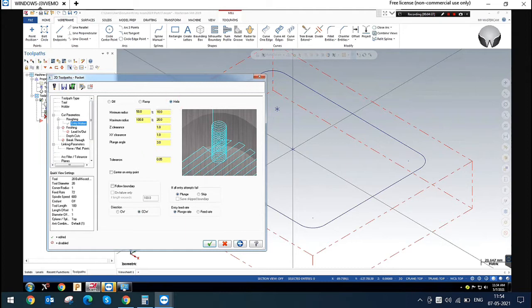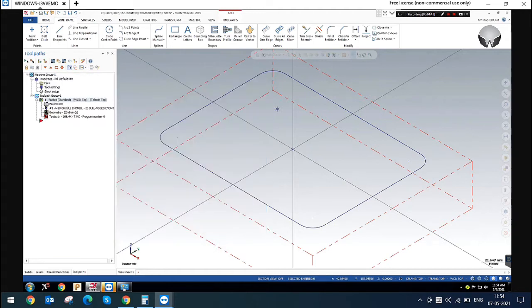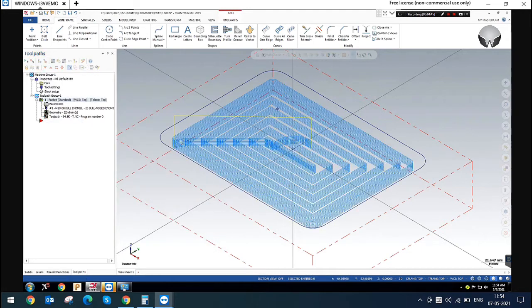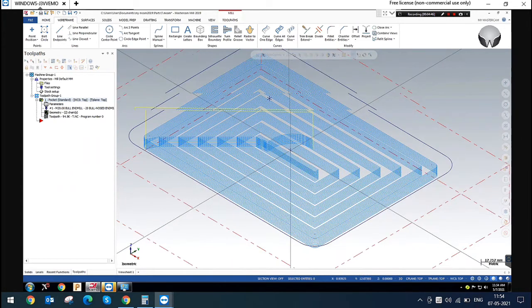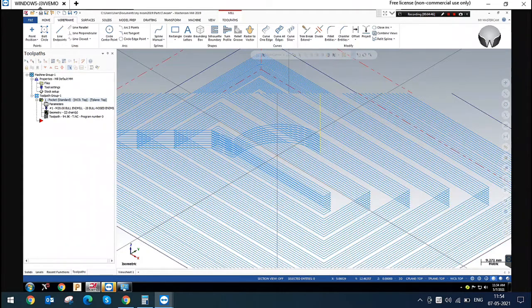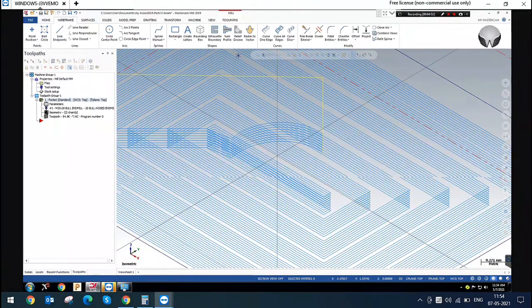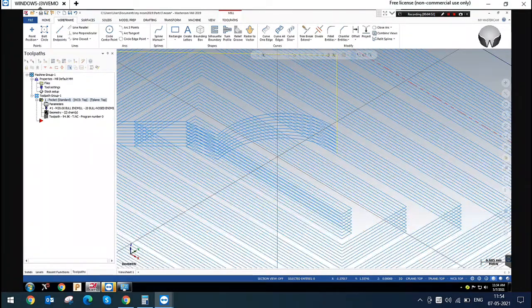This is my helix and center entry point. I'm just enabling this. You can see this. The helix will be created from the center point.